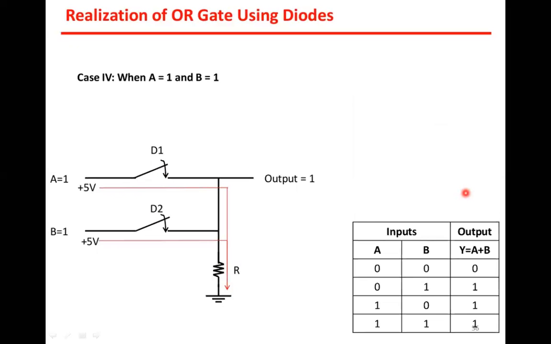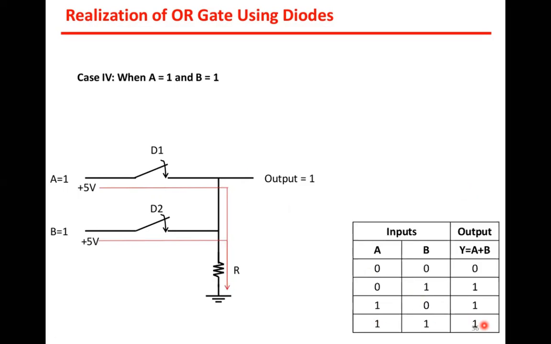The last condition is when A is equal to 1 and B is equal to 1. Both the diodes are in conducting state. As both the diodes are in forward bias, the output Y will be high, and we can say that for 1, 1, the output is 1. So we have seen the AND gate and OR gate using